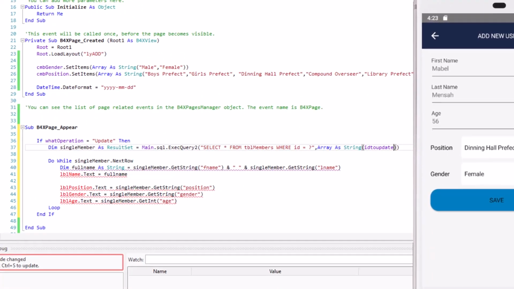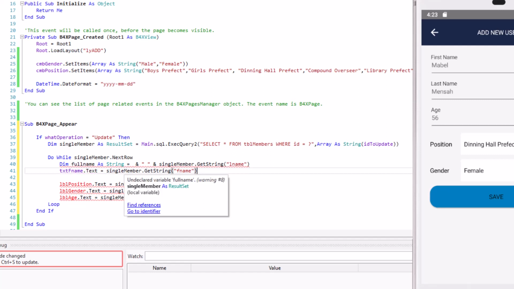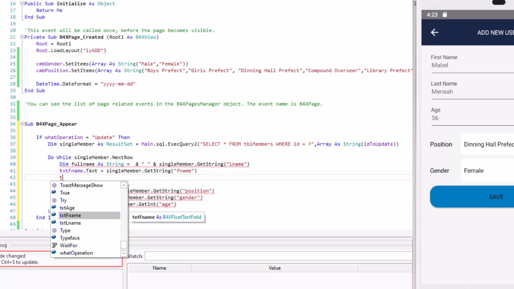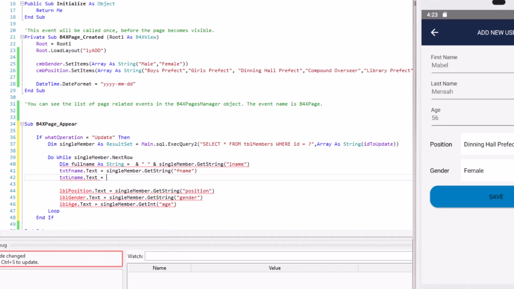So we have to update the text boxes. First name should be equal to this. Then last name equals to this.